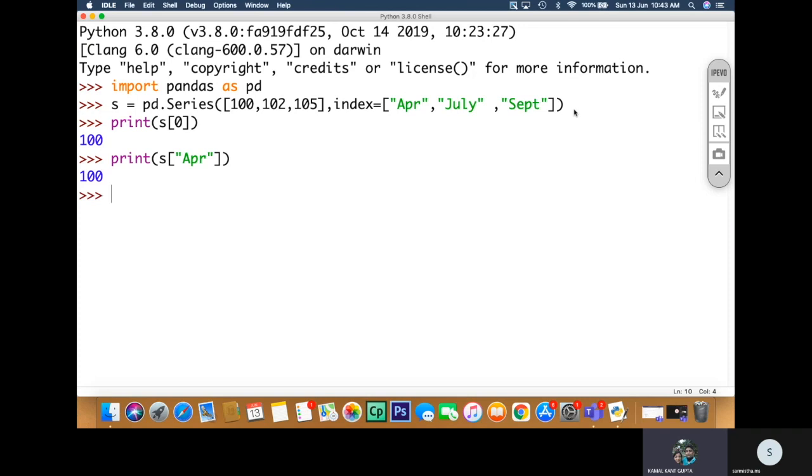When we talk about positional indexes, you can always make use of loops, isn't it? You can iterate your loop within the range of values 0, 1, 2, 3, 4, n minus 1, and you can get each of these series values one by one by using their numeric or positional indexes.